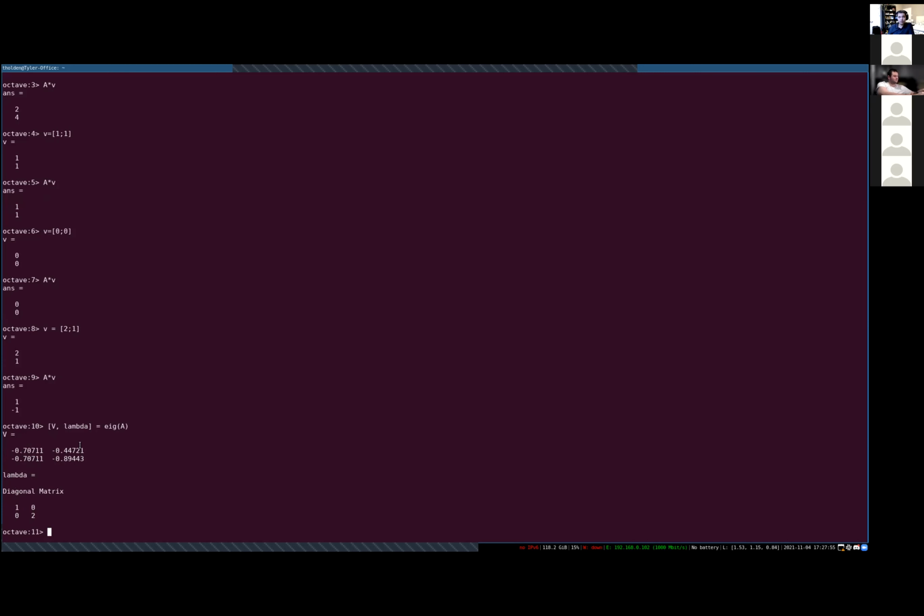This here is 1, 1. This here is 1, 2. But they're scaled differently, right? They're actually normalized. These are both designed so that their norm is 1. We haven't talked about that, but that is the only kind of problem with using Octave for this, is that it has a tendency to write the vectors as unit vectors, and so they end up having weird decimals in them and stuff. So unfortunately, we can't avoid that,